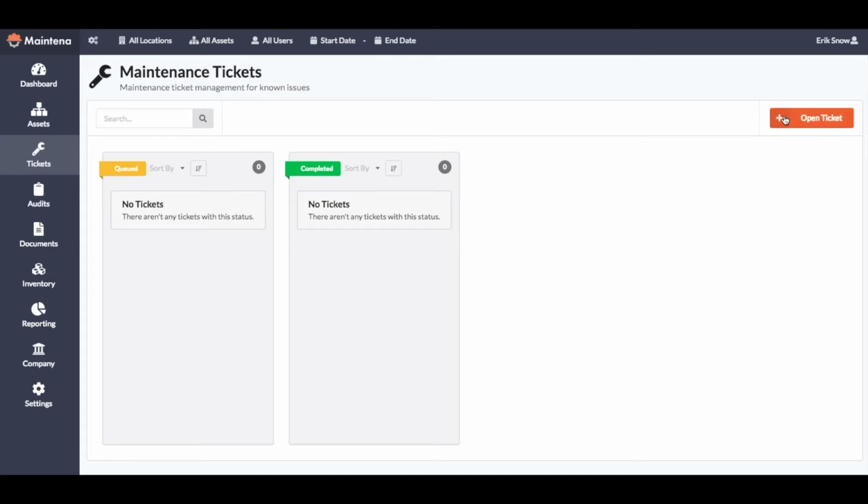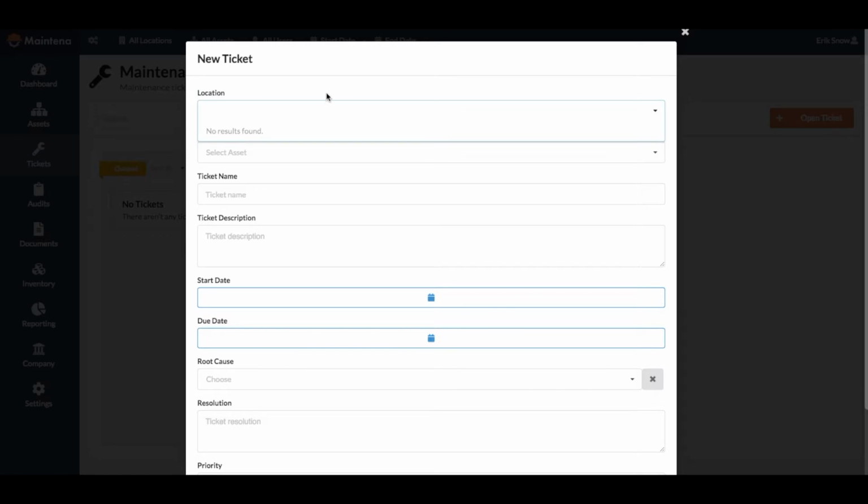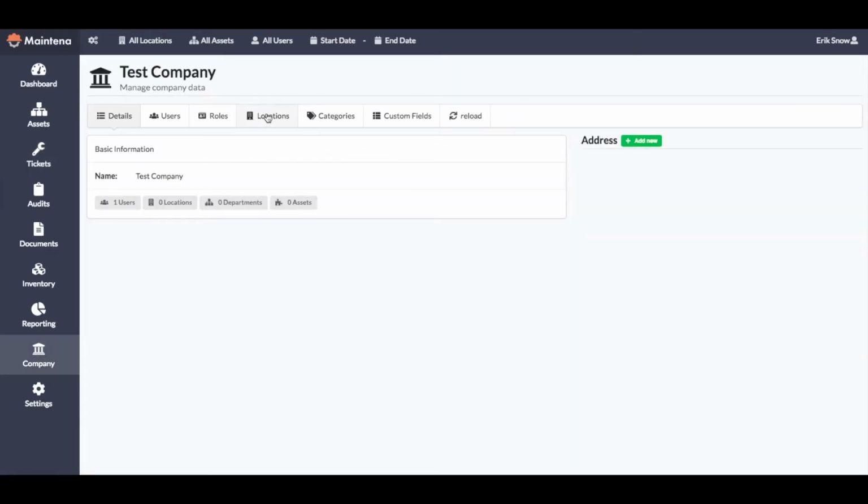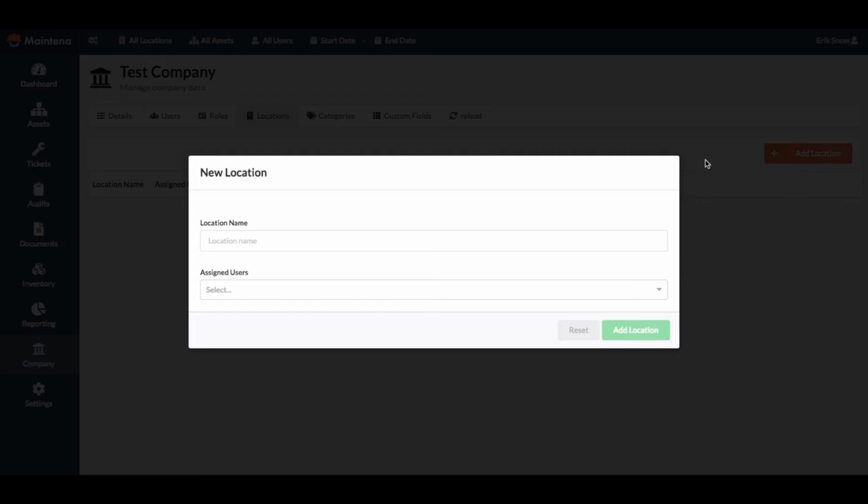So we'll start on the maintenance tickets dashboard, and the first thing we'll do is try to open a new ticket, and we see that there are no locations or assets so far, so we'll have to actually go and create those. When we click on the company menu option on the left and the locations tab at the top,